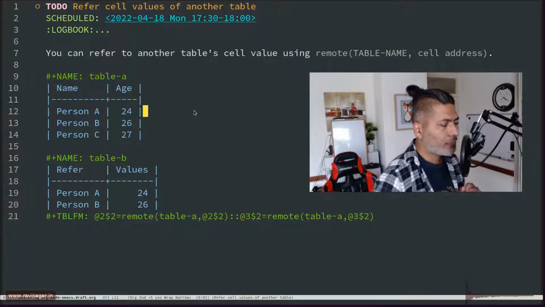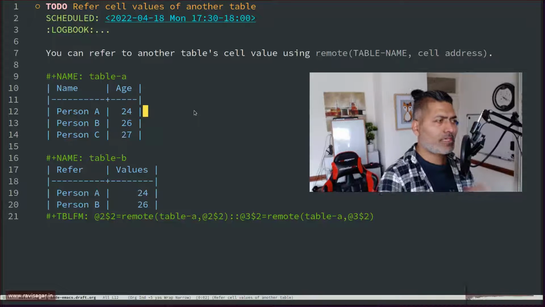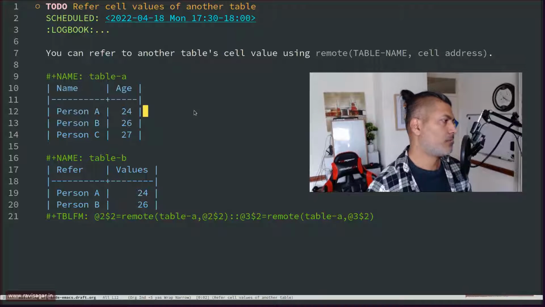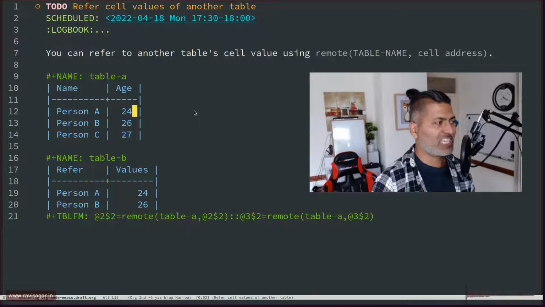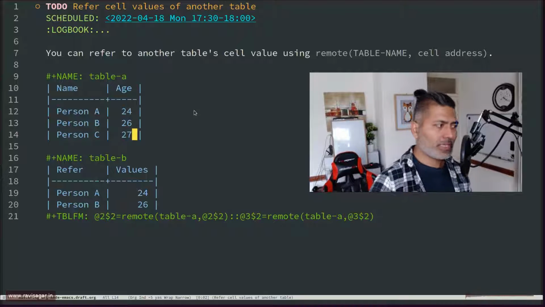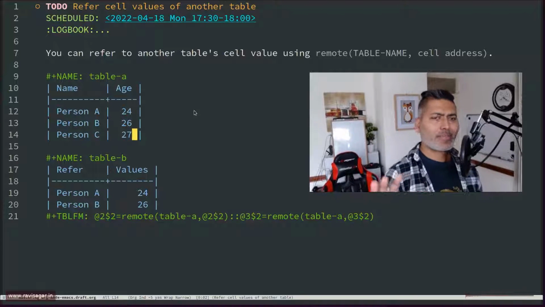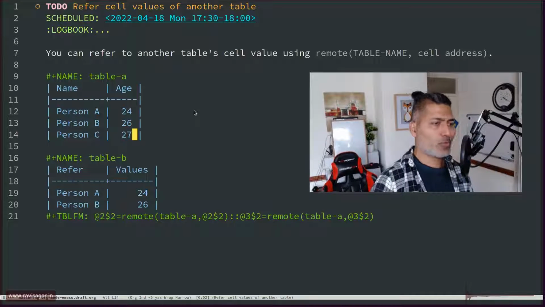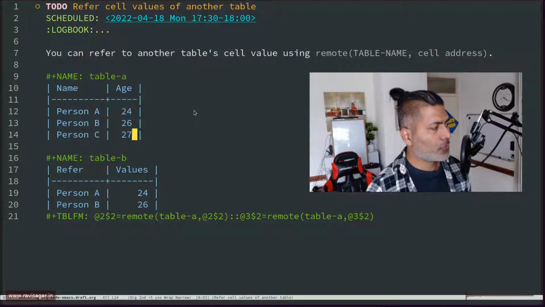So for this example, let us see that using a simple table here. So we have this table here called name and age. So let us say person A age is 24, person B age 26, person C age is 27, right? Very simple thing. Now what we want to do, of course I want to keep things very simple so that we are not really doing anything super complicated. So let us say you want to